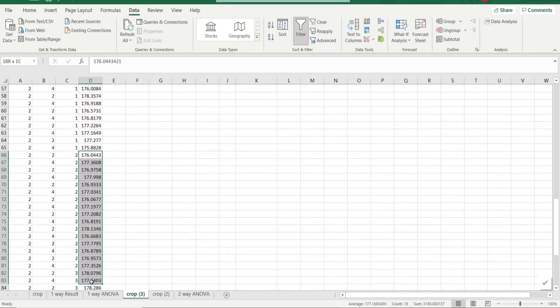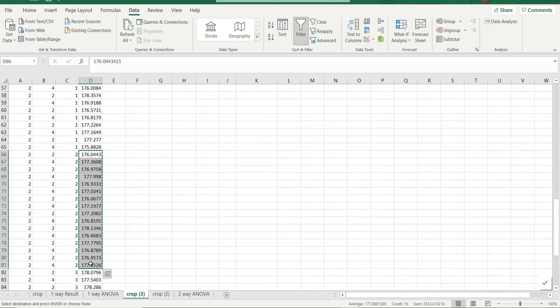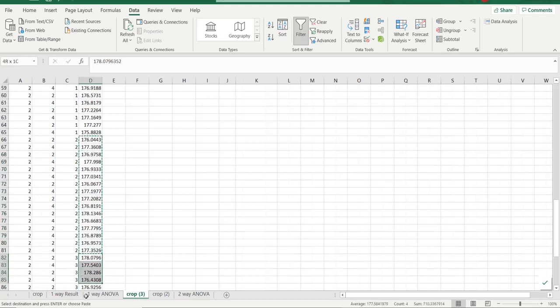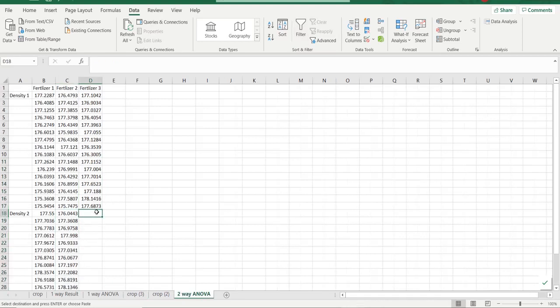Now choose the data for fertilizer type 2 and density 2 and paste it here. Now choose the data for fertilizer type 3 and density 2. Now we have restructured this data. Now the data is readily available, so we can go for the analysis.